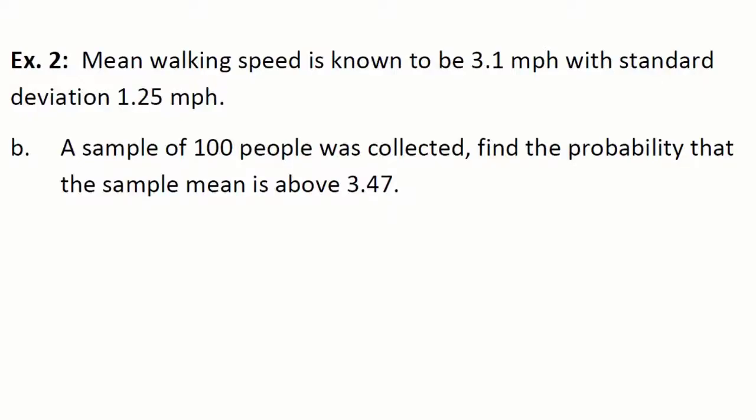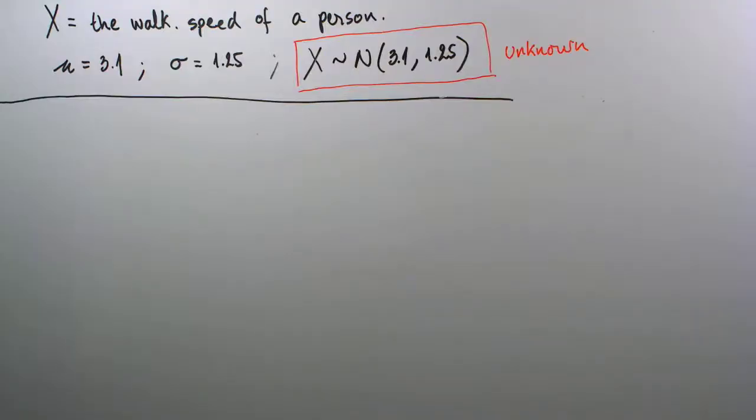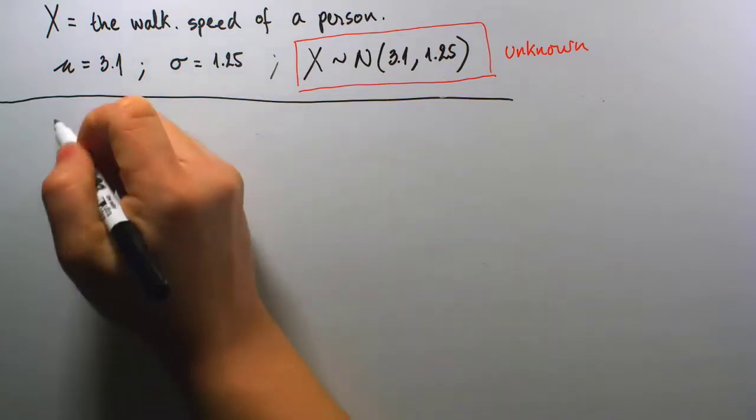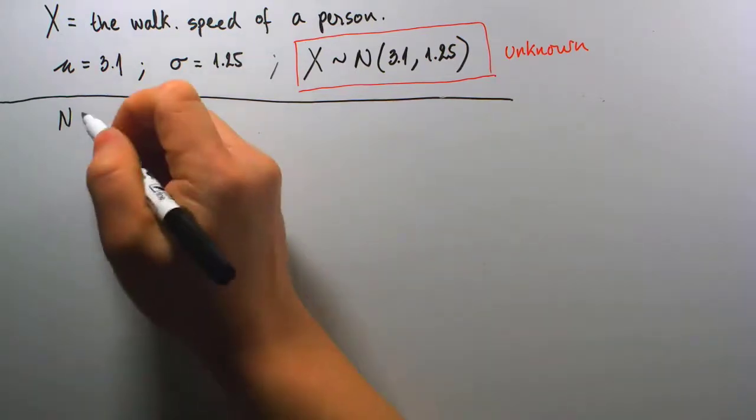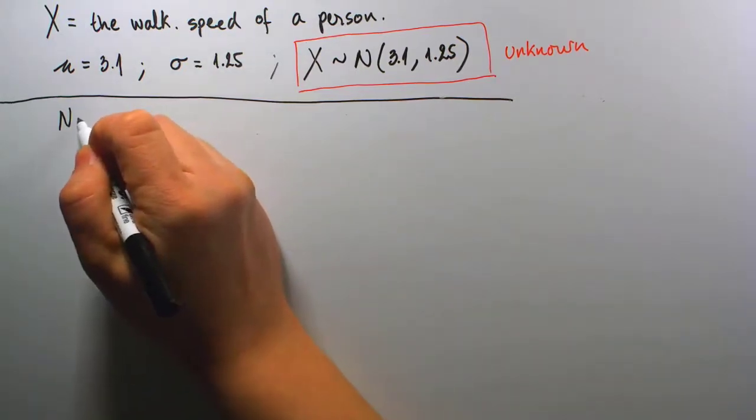And so now back into the beginning of question B right here. Then from the population of walking speed, so the population of people where anyone is having a walking speed, now we're gonna pick a sample. So a sample of 100 people was collected. And so now with that information, immediately we're changing to a larger sample size compared to part A. So in our sample now, it has 100